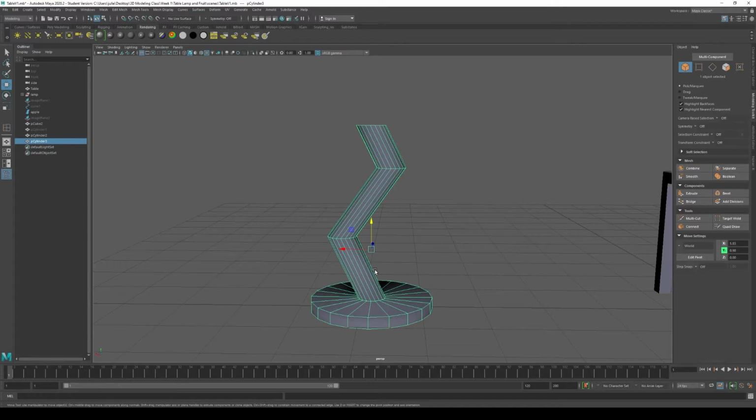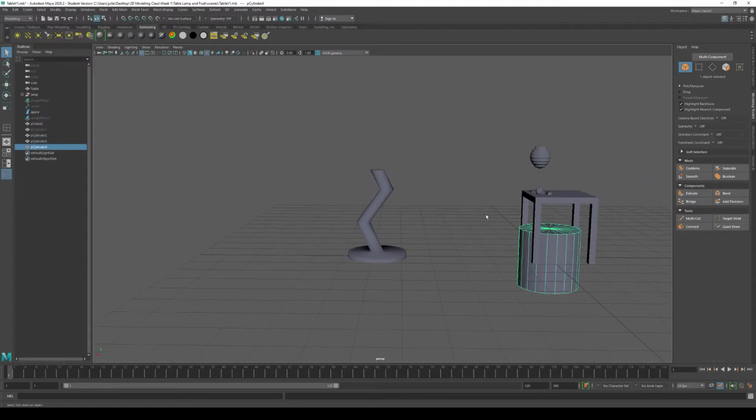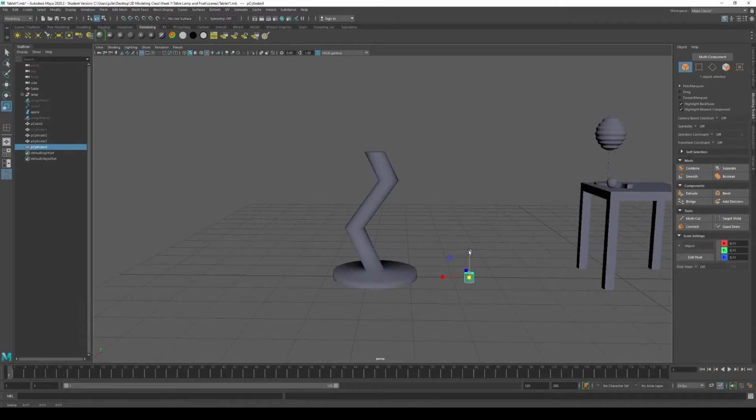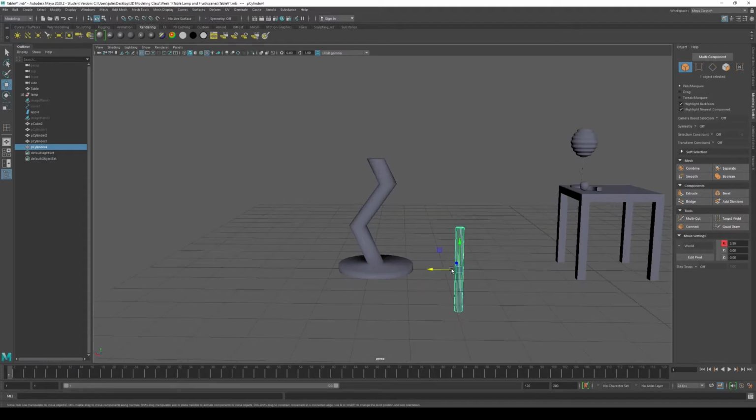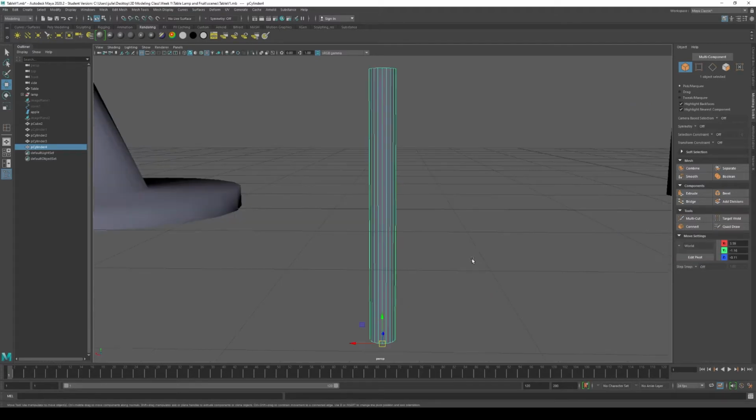So I have the base of my candlestick, and now let's create a candle. So I'm going to go to Create, Polygon Primitives. I'm going to create another cylinder that needs to be scaled down and then up in Y. And I'm going to move my pivot point so that it's at the bottom and so that I can center it up here. So if I hit D and V again and I drag it down,